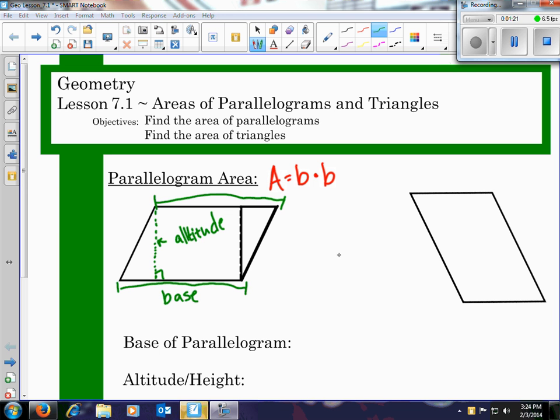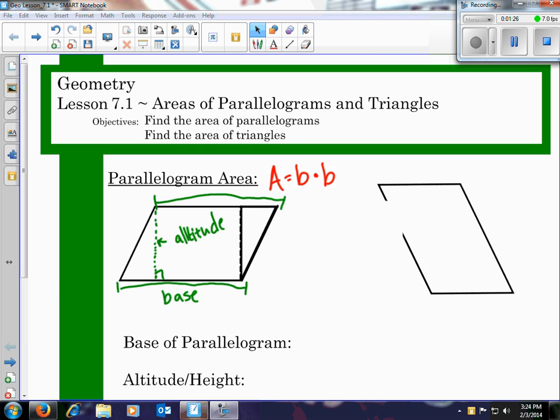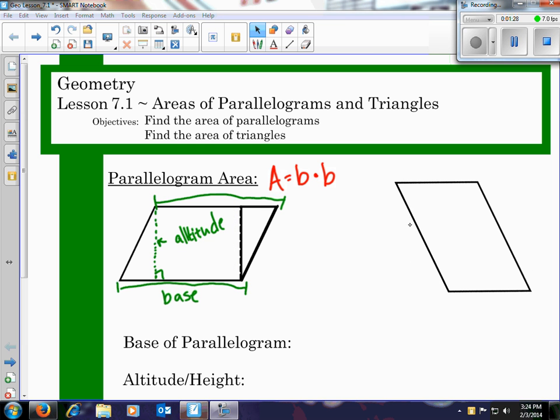Okay, so now if we're looking at this parallelogram, my height is no longer inside. I mean, I could draw one right here. This could be my height. But I can also draw my height out here on the outside. All I have to make sure is that I go from one point and then I'm 90 degrees to the other point. So this right here would be my altitude, and then this would be one of my bases,